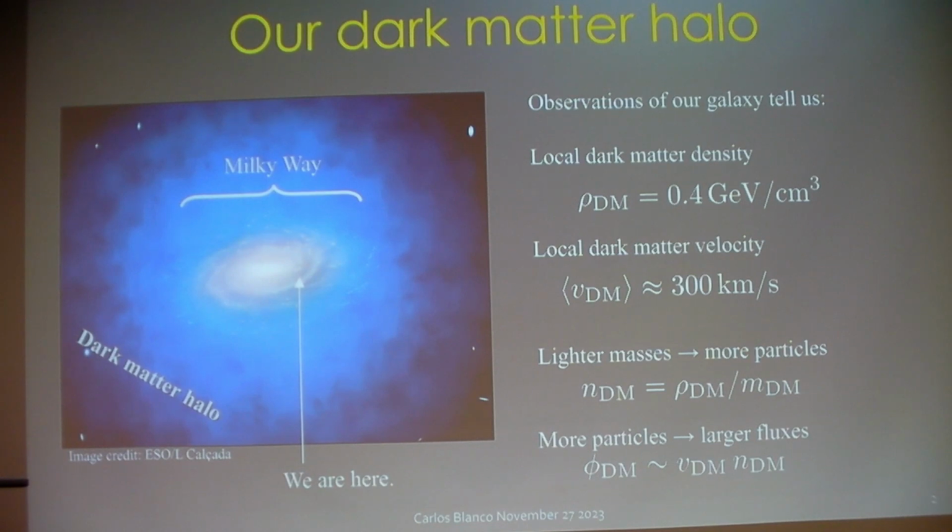Measurement of the stars on the galactic disk tell us really just 2 very important things about the dark matter in our vicinity. One, it tells us the density, which is about half a proton per cubic centimeter, and it tells us about the rough mean velocity in our neighborhood, which is about 300 kilometers per second. And these 2 constants tell us something about how we should choose to go after dark matter. It tells us that the number density increases as the dark matter mass decreases. And that means that if we go to lower and lower dark matter masses, we should expect to see higher and higher rates, and so we can make our experiments much smaller.